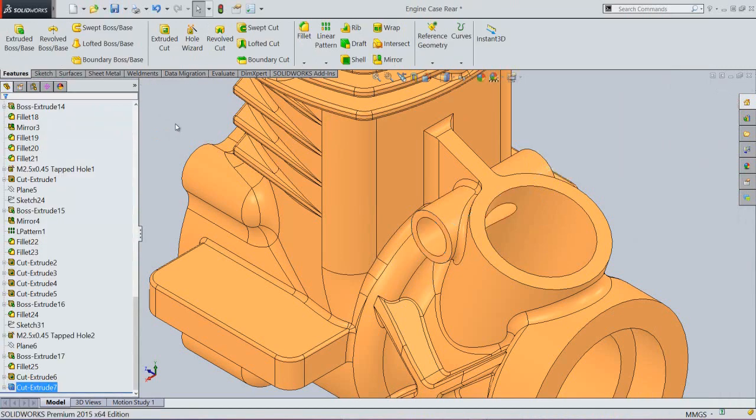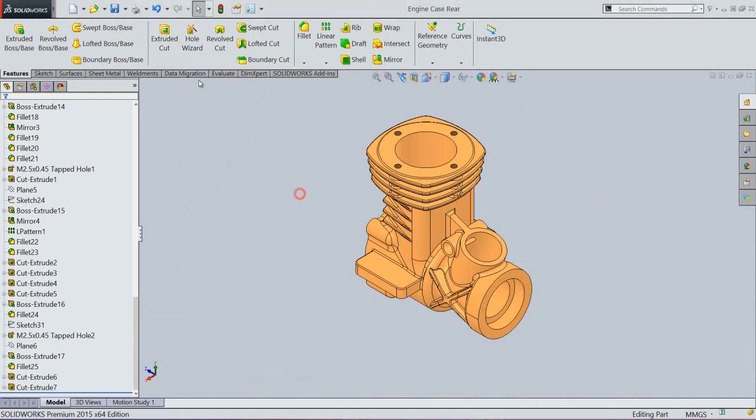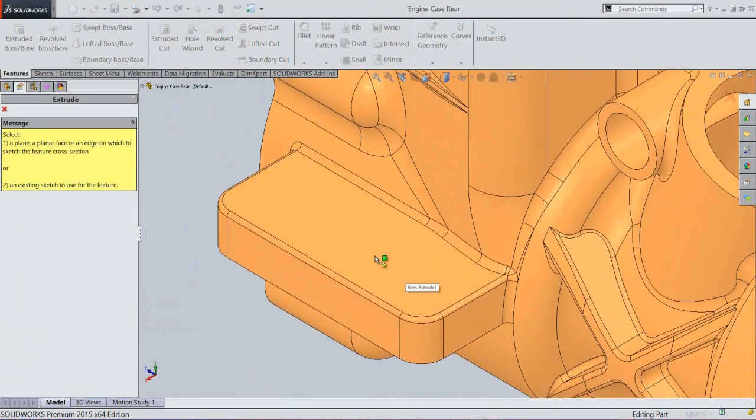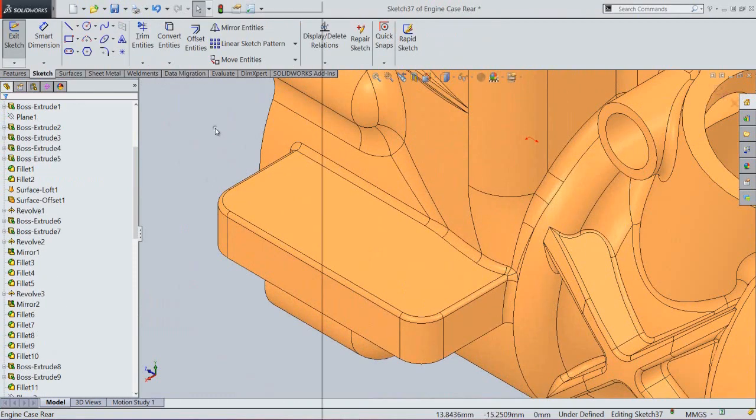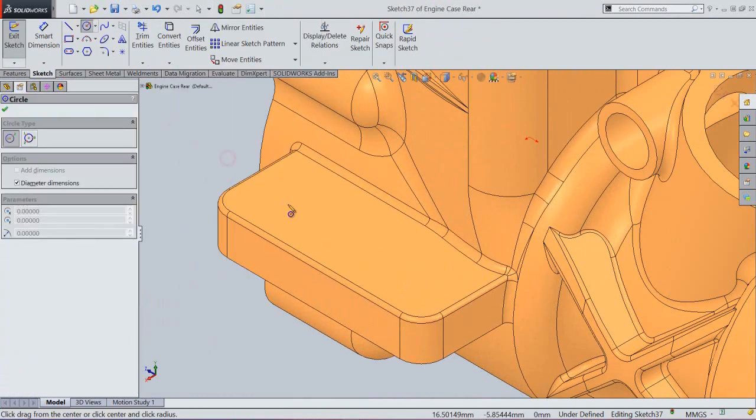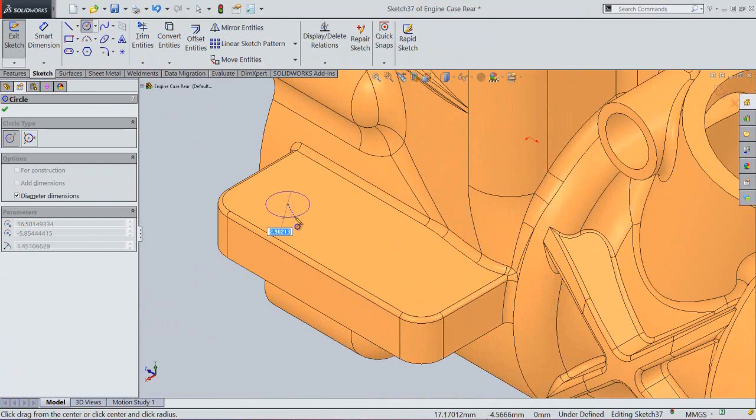Okay, that's it. Activate the extruded cut command and select this face. Okay, create a circle 2.5 mm diameter.